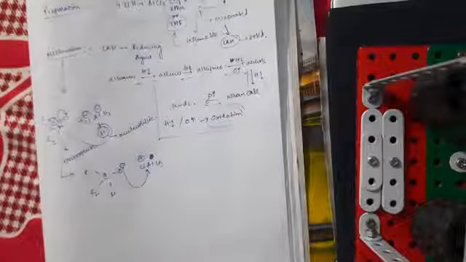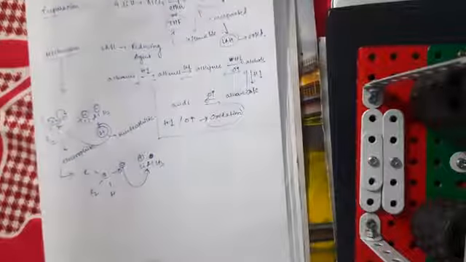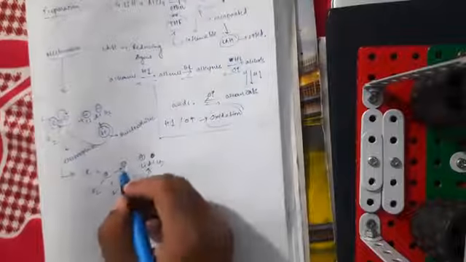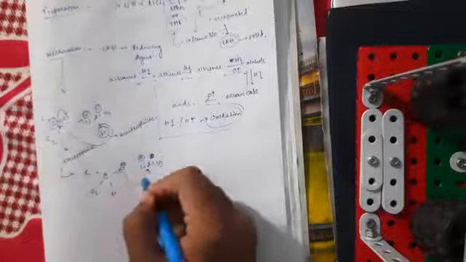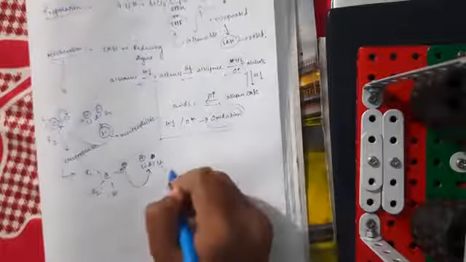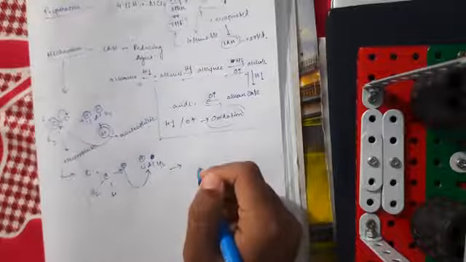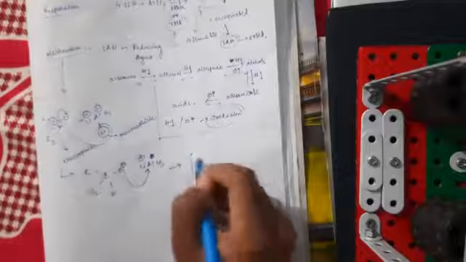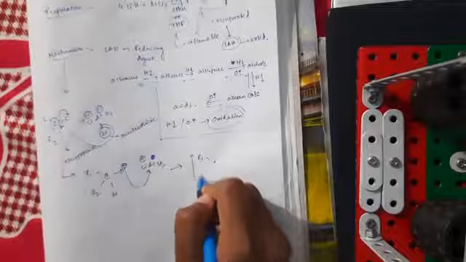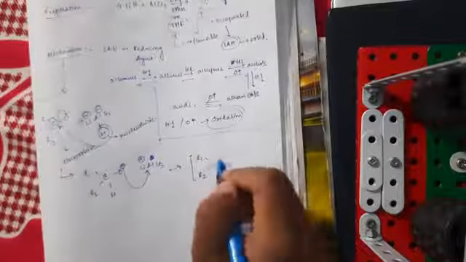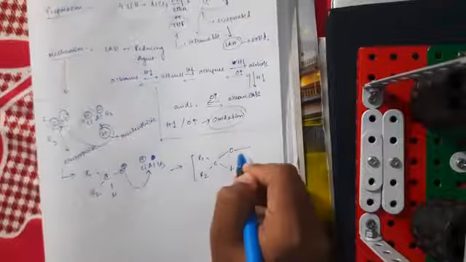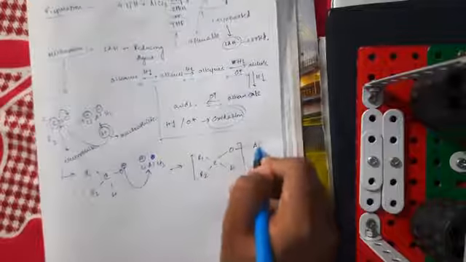And since the aluminium has vacant orbitals, it acts as a Lewis acid and it takes up the electrons from the oxygen atom, and we get an intermediate compound that looks something like this. We have R1, C, R2. Here we have the hydrogen that had attacked the carbonyl carbon. Then we have this, a beautiful looking